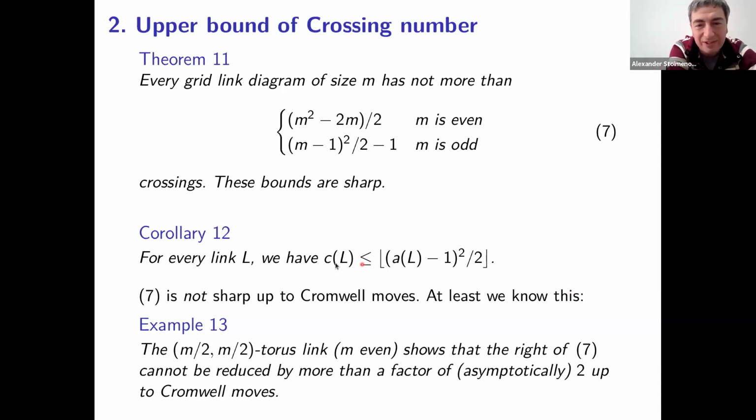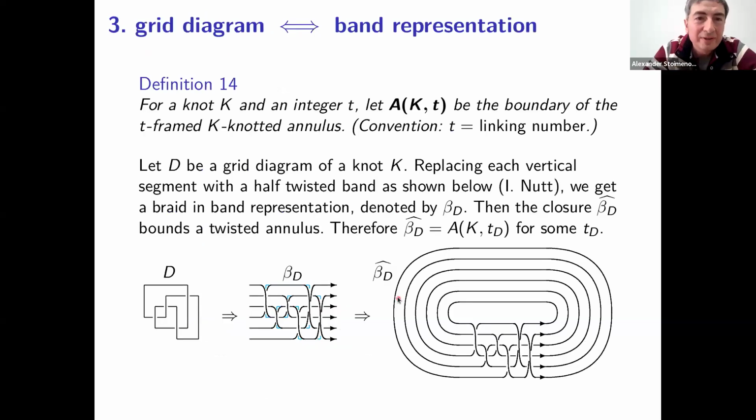So I mean, these grid diagrams can then be manipulated by Cromwell moves, and how much you can use Cromwell moves to reduce this crossing number, we don't know exactly. So this is kind of a little bit of an old problem, but I'm not going to talk too much about it. So rather more important is what I call here the knot construction. Okay, so